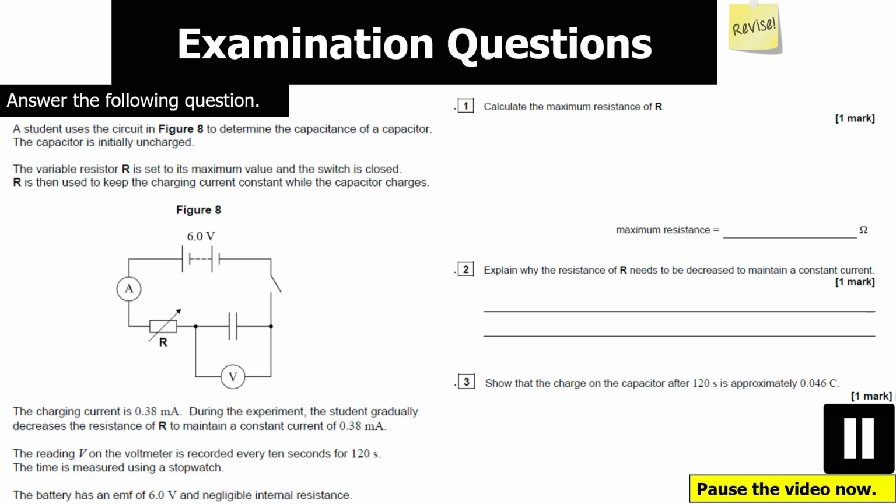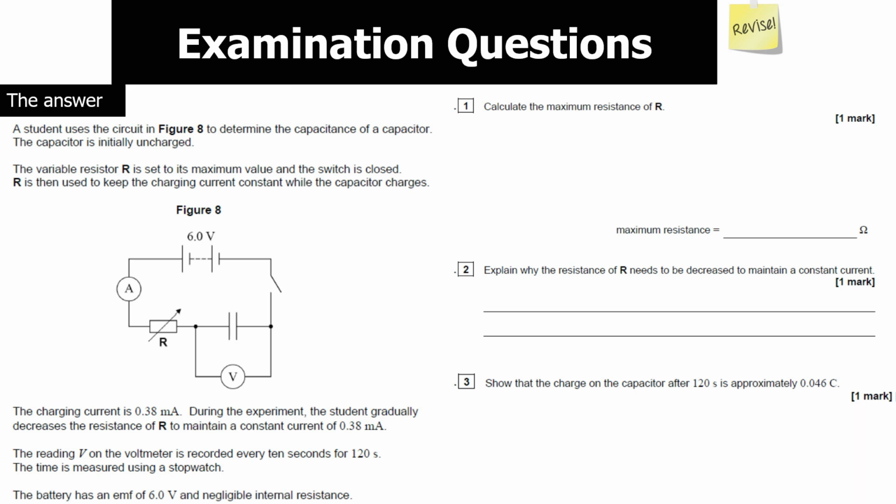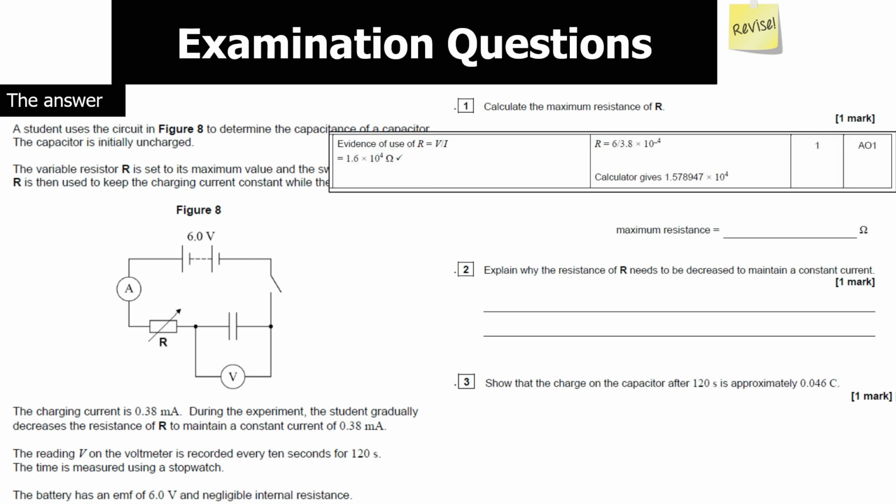So pause the video now, then unpause the video when you want to go through your answer. Once again, it's very important to note that all these questions are 1 mark only, so you're going to be using quite basic equations or quite simple statements in your answer. Now, to work out resistance, we know resistance is V over I. Now we want the maximum resistance, and because we know current is constant, it's 0.38 times 10 to the